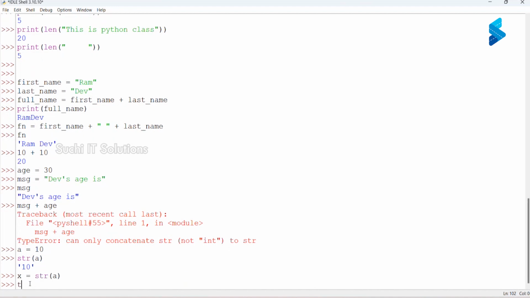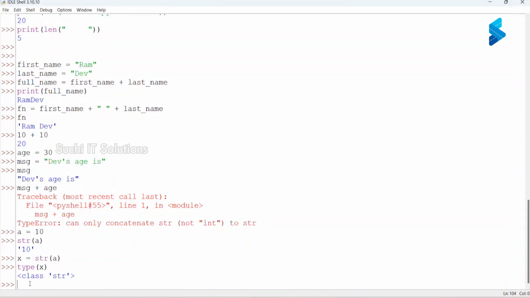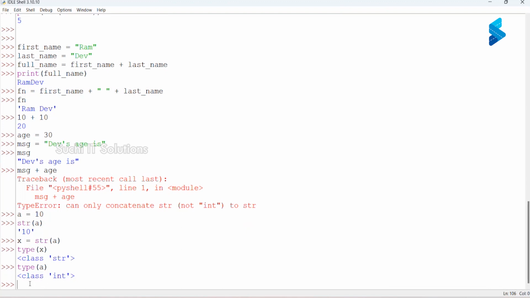Type of X, it is going to say class string. If you see type of A, it is going to say class int, but type of X, which we have converted an integer to string type using a function called str. So this has converted the type of the data.